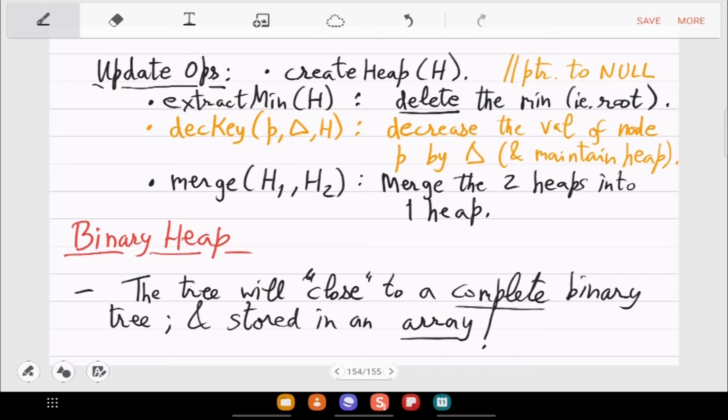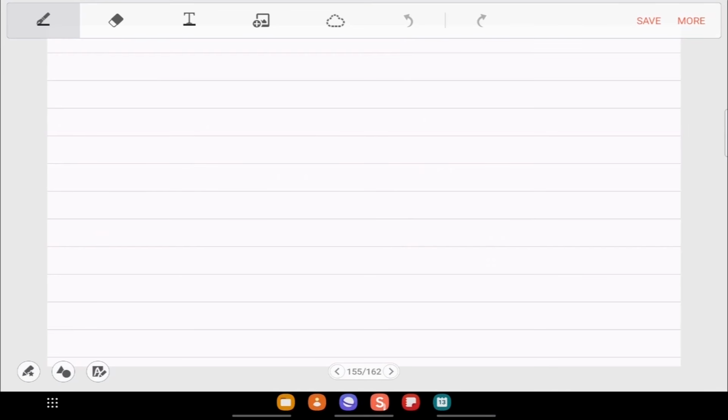And we will implement them staying close to an array, because the goal of heap is to reduce some of these log n further to constant, big O of 1. So we'll try to use the properties of both binary tree and an array. So that will be a completely new implementation. So let us see, any questions till now? Then let us see some basic properties which help us in maintaining the array.